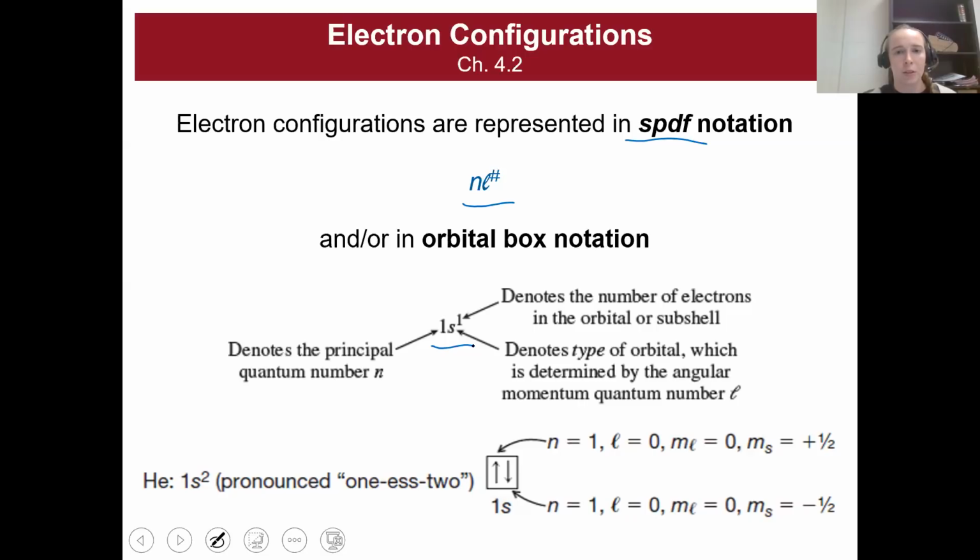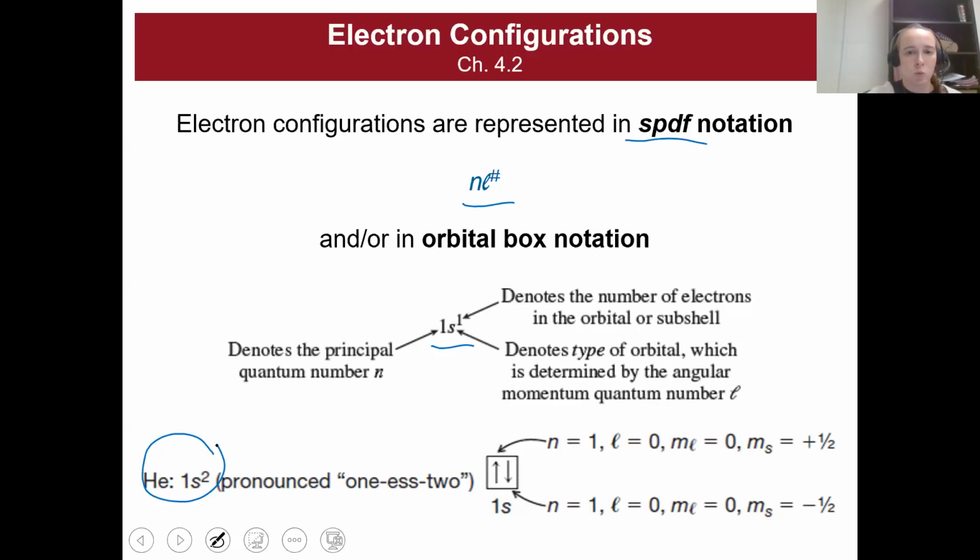So like I said, the number at the beginning denotes the principal quantum number n. The s denotes the type of orbital or subshell, which is determined by L. And the superscripted number denotes the number of electrons in that orbital or subshell. So let's look at helium, for example. It's our first multi-electron atom that we can look at. It's got 2 electrons, and the way that we write the electron configuration of helium, the way that those electrons are arranged in the orbitals of helium